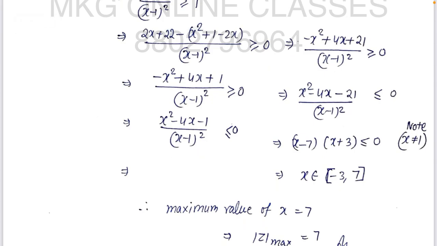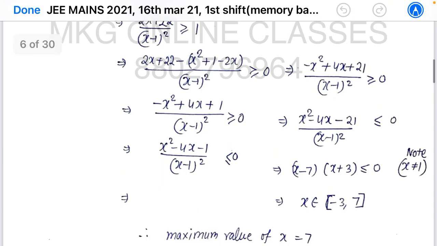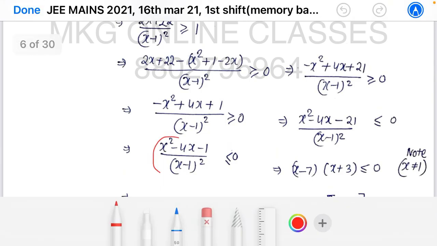I hope this should be clear. So (x square - 4x - 21)/(x - 1) whole square. (x - 1) whole square can be taken out with the 0, and x is not equal to 1, let us assume. So from here x comes out to be -3 to 7. 1 will not be included here. Students, I think this is wrongly written. This should not be a part of here. You can refer to this.